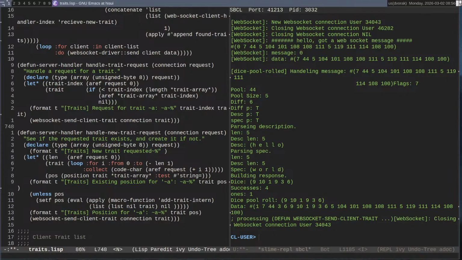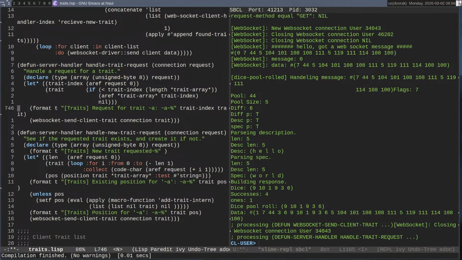There's 2 here. First of all, this one, which works, handles a request for a trait. The client has gone, hey, can I please have a trait with this index? It's going to get the index and report if it has an index or not. If it doesn't, it will create it. No, it won't.